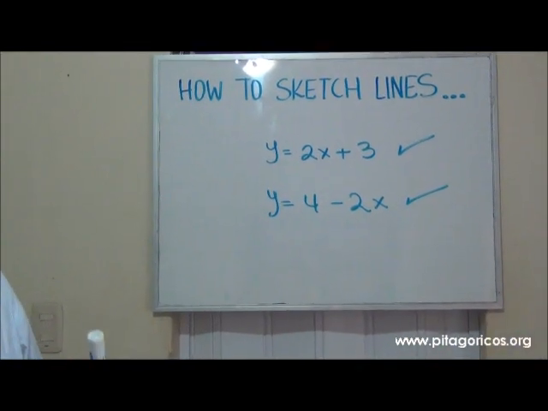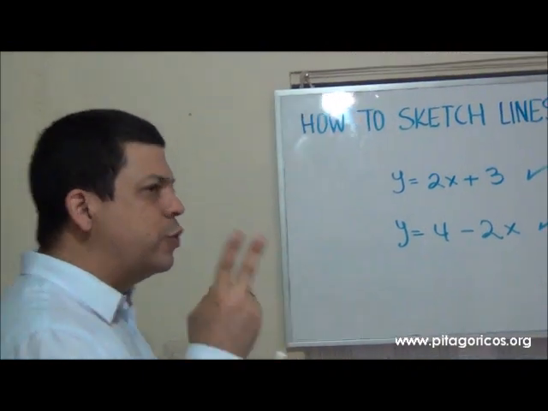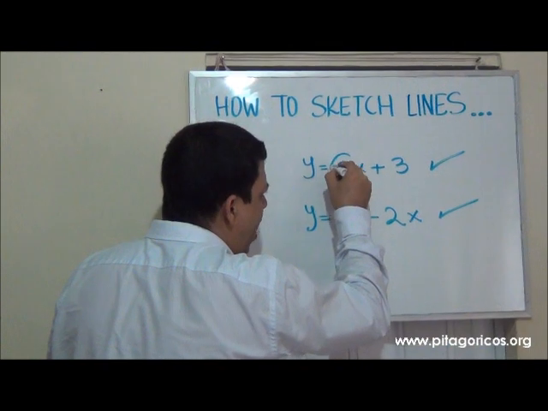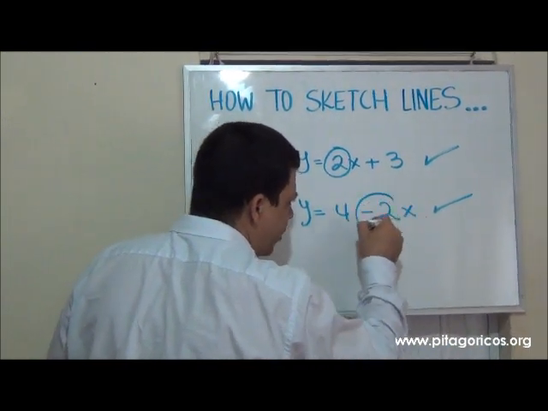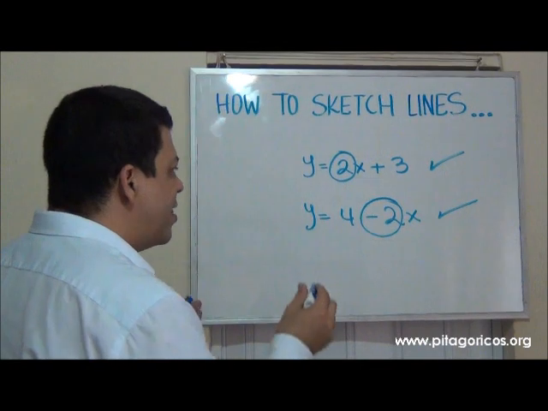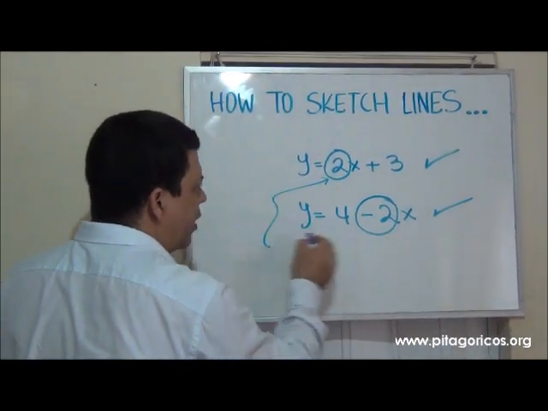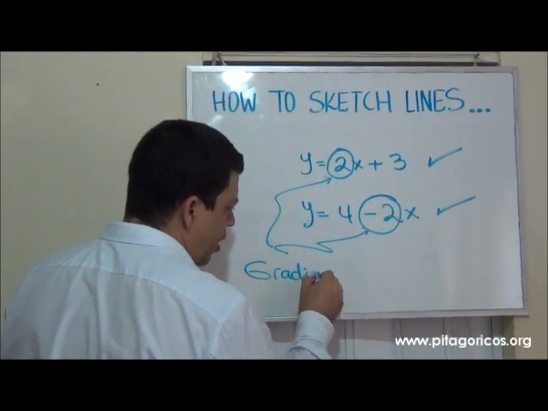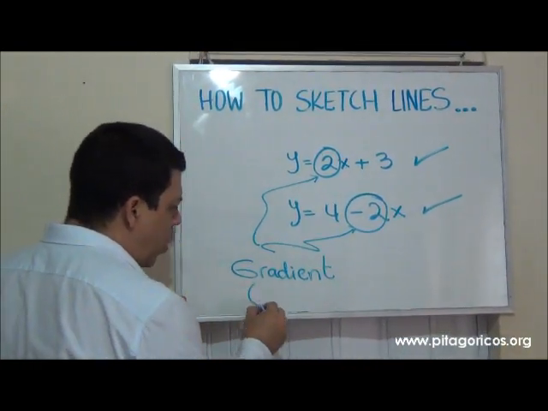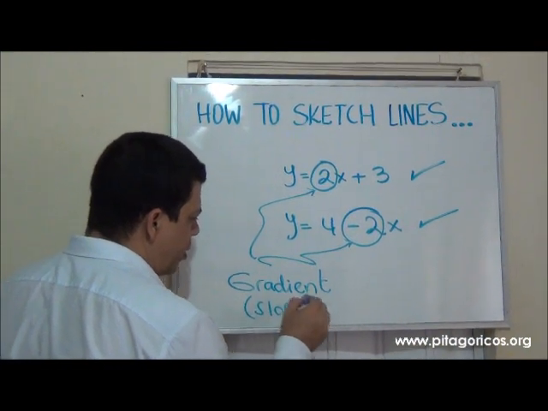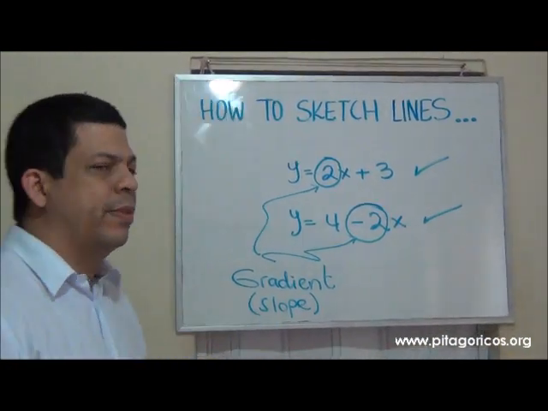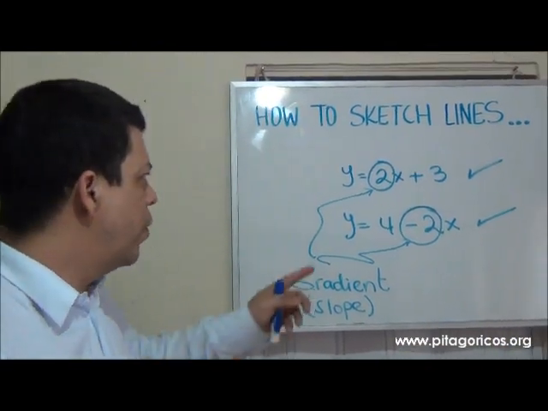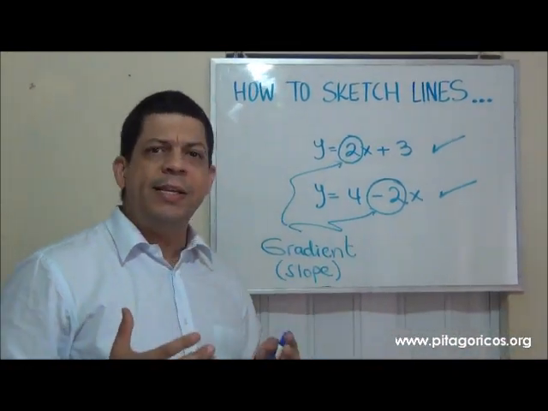It's very important for you to understand that we have two important values here. The coefficient of x, that is the number next to the x that I am circling here, is what we call the gradient, also called the slope. This value is a measure of the steepness of my straight line. So the higher it is, the